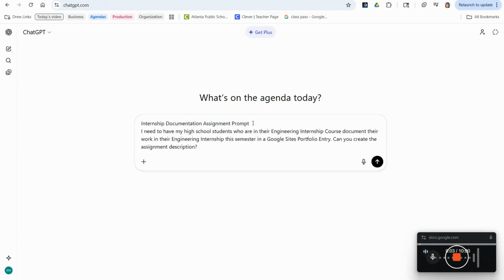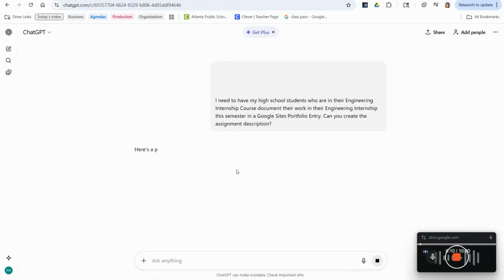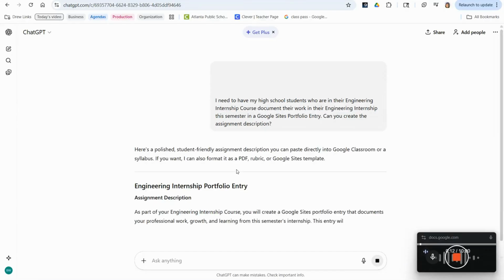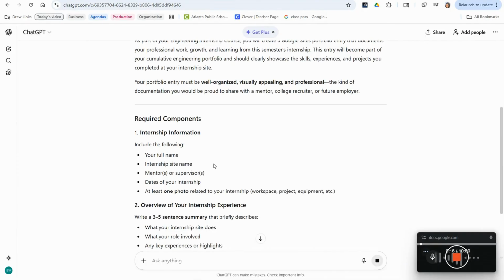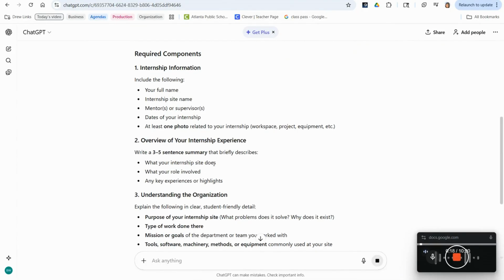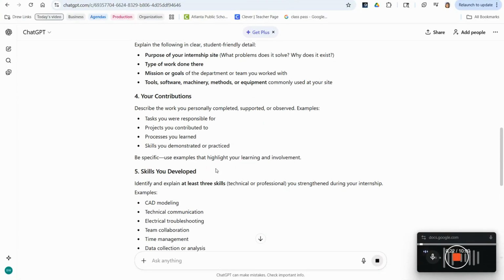You first want to start out by creating a prompt for what you want ChatGPT to do for you. In this case, I'm asking it to create an assignment description for my engineering internship students to create their portfolio. This is amazing. So it already included most of the things that I would want to have it include, and